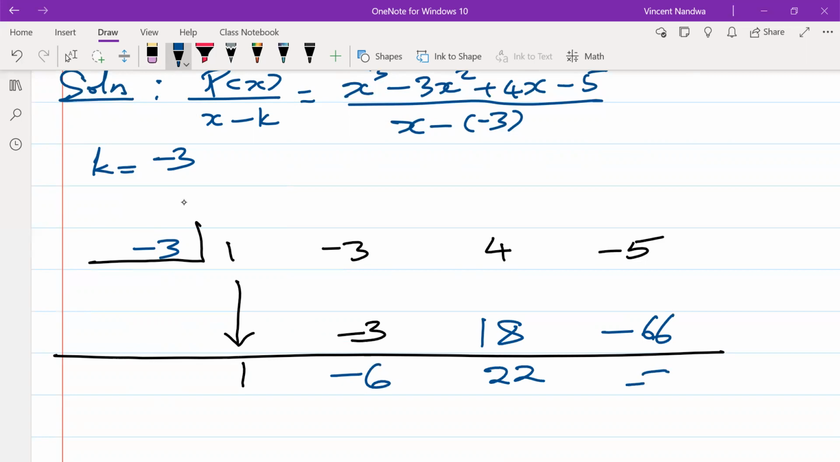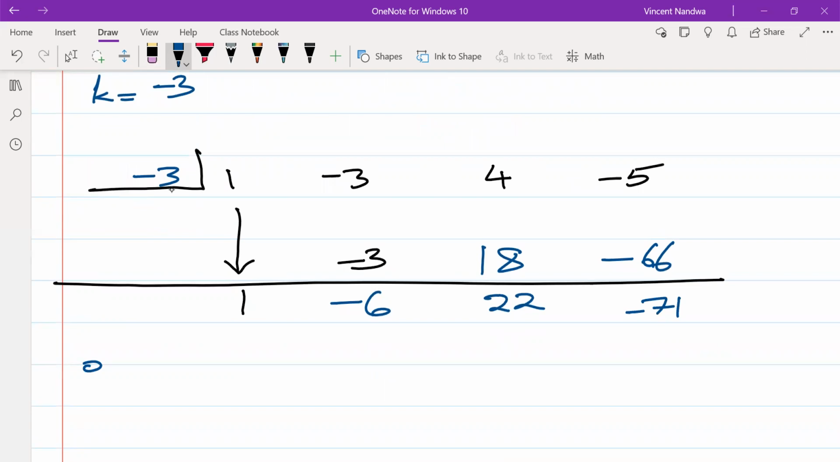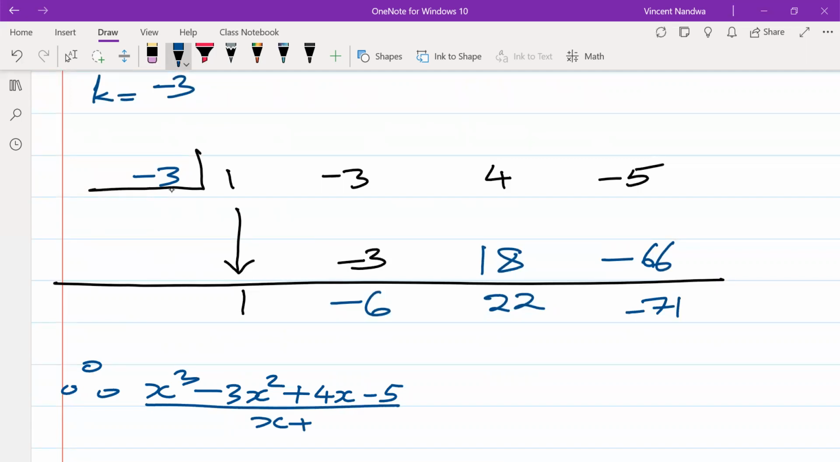Okay. So that means that x cubed minus 3x squared plus 4x minus 5 over x plus 3 is, first term,